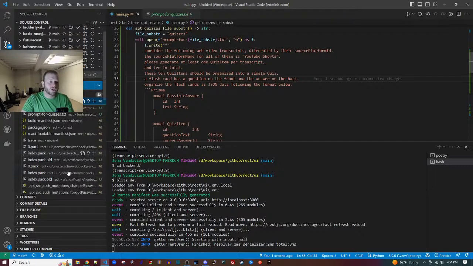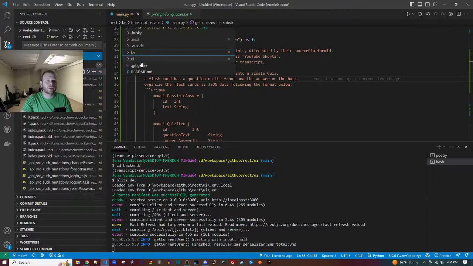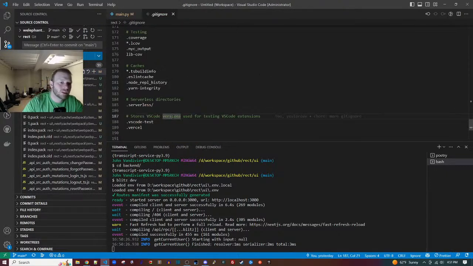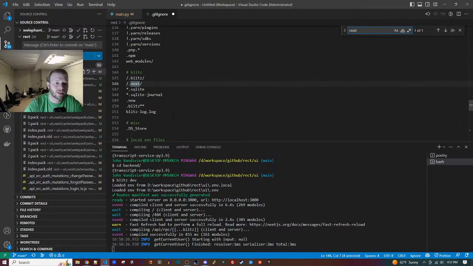So I want to exclude the UI next cache. So let's go to the .gitignore. Where's my .next?